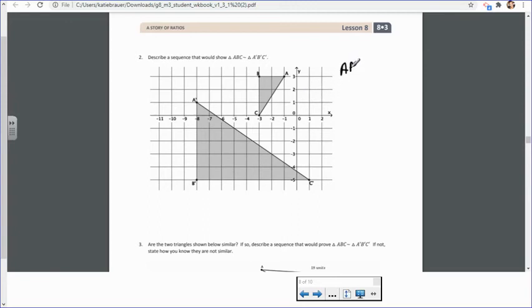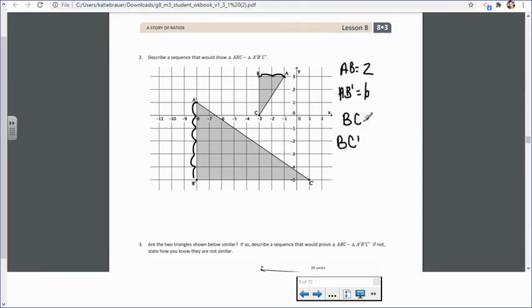So we are going to start measuring different side lengths here. From A to B right here is 2 units long. If you can see that, it's 1, 2. Okay, so now we're going to write from A to B prime is how long. So here's A, here's B. It is 1, 2, 3, 4, 5, 6 units long. You can only do this with the 2 non-diagonal lines. So we can't do this from A to C, but we're going to do it from A to B, and we're also going to do it from B to C,